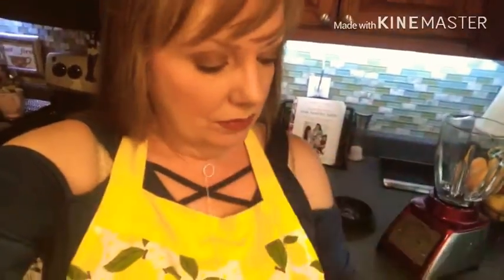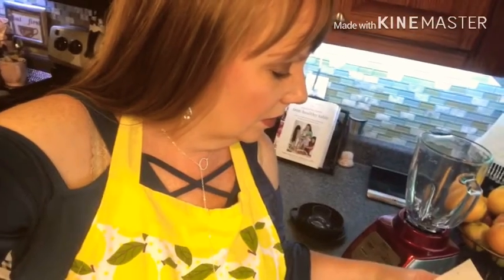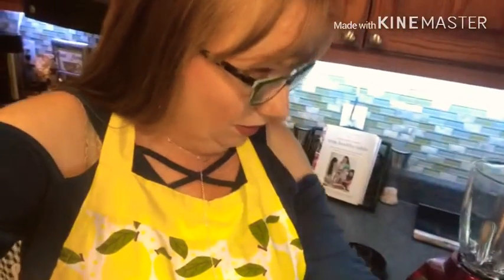Then you peel 2 oranges, and let's see if it says 1.5. Hold on, let me put my glasses on. Then, oh, my glasses are dirty. 1 cup sugar. And so what you do is you get your blender out and you wash your cranberries first,